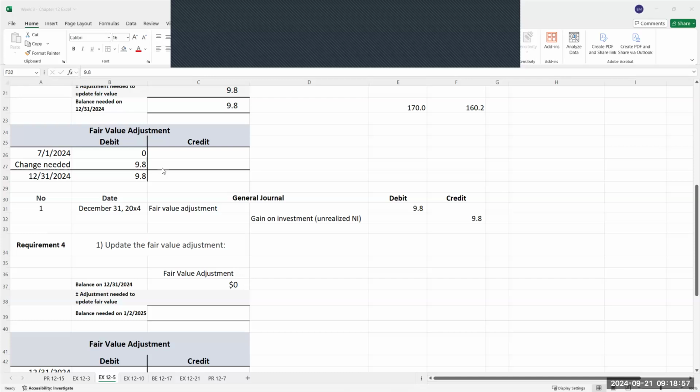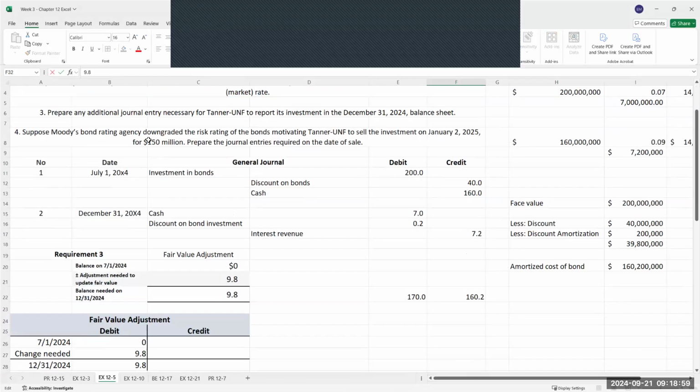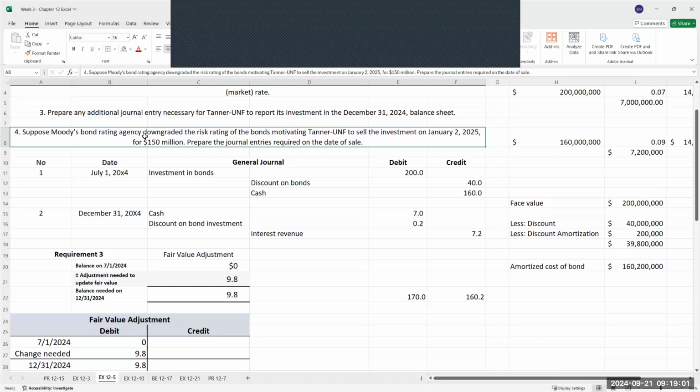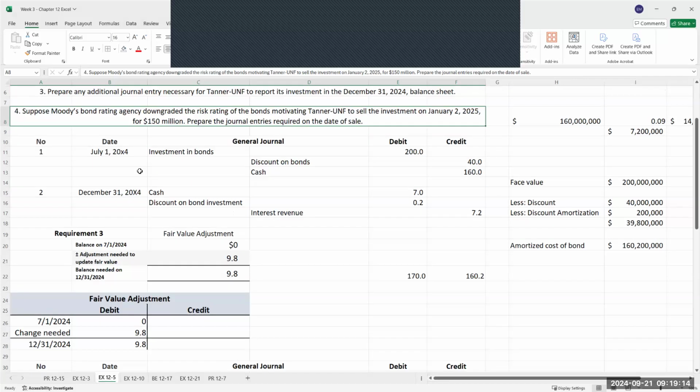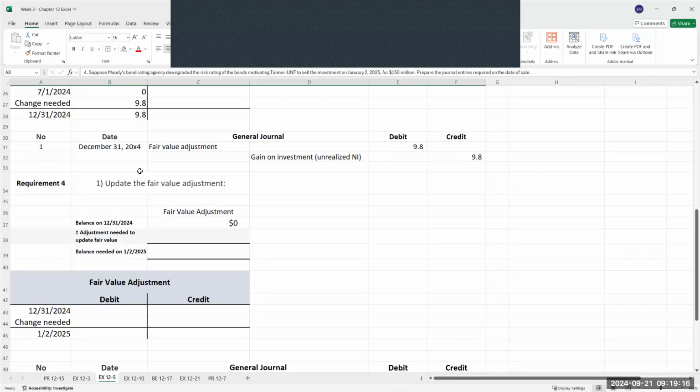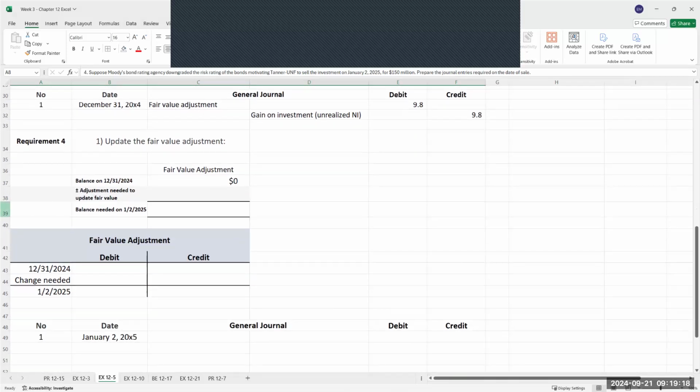All right. And now for part 4, it says, suppose Moody's bond rating agency downgraded the risk rating of the bonds, motivating Tanner UNF to sell the investment on January 2nd, 2025 for $150 million. Prepare the journal entries required on the date of sale. So the first thing we need to do is, well, we need to account for